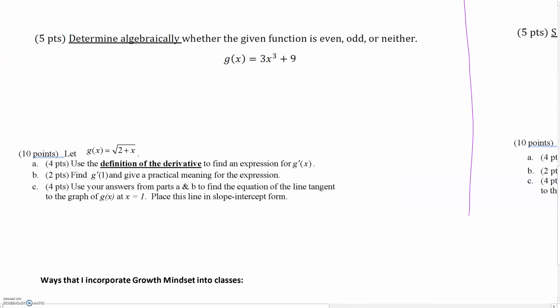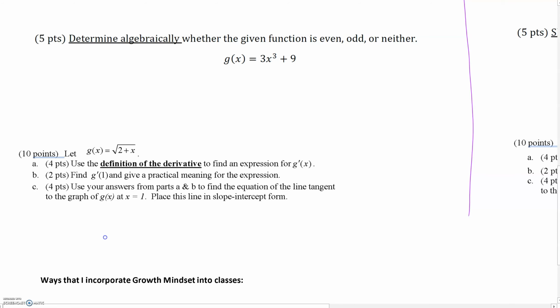Another example is in Calculus 1, when I ask students to use the definition of the derivative. I used to ask them to use the definition of the derivative to just find an expression for g prime of x, which is part A of this question. Similar to the previous two questions, generally students either know it or they don't, and if they don't know it, they don't have any confidence in their answers, and they're not sure what to do, or that's at least what